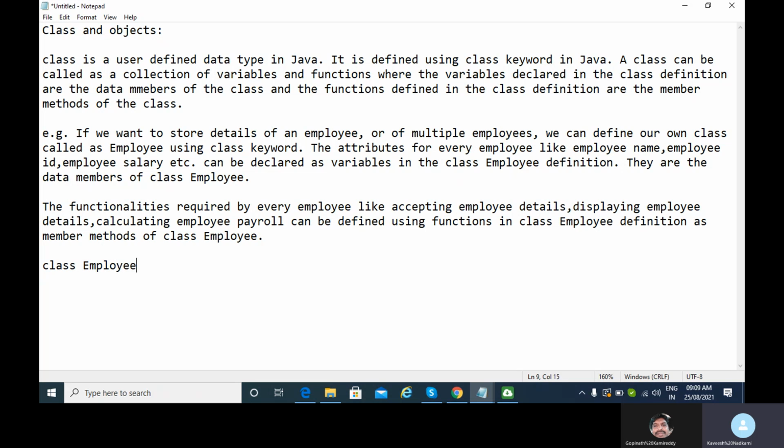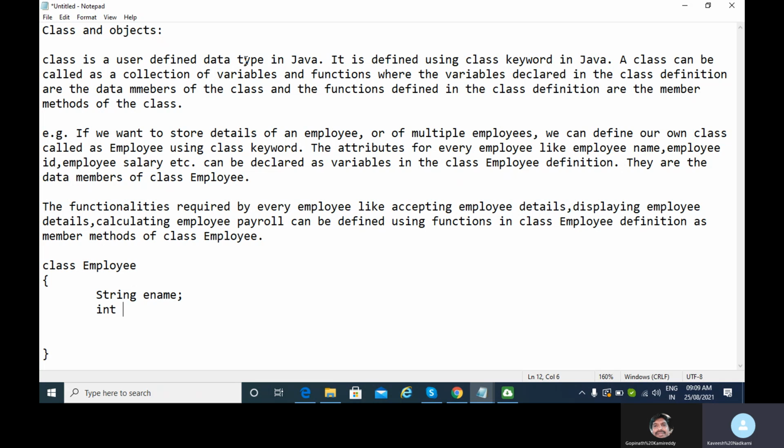This is my class employee. Here I will declare some data members, string ename. What is string? I will tell you further. As of now, just remember, Gopinath, this string is a predefined class in Java. So I'll be covering a separate topic on the string. Now this EID is there, Gopinath, I will declare it using the word int.